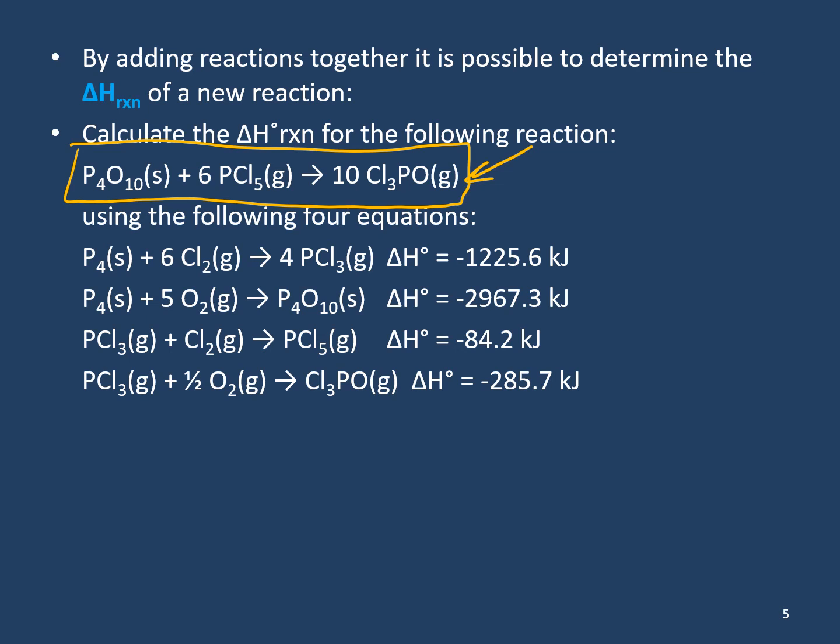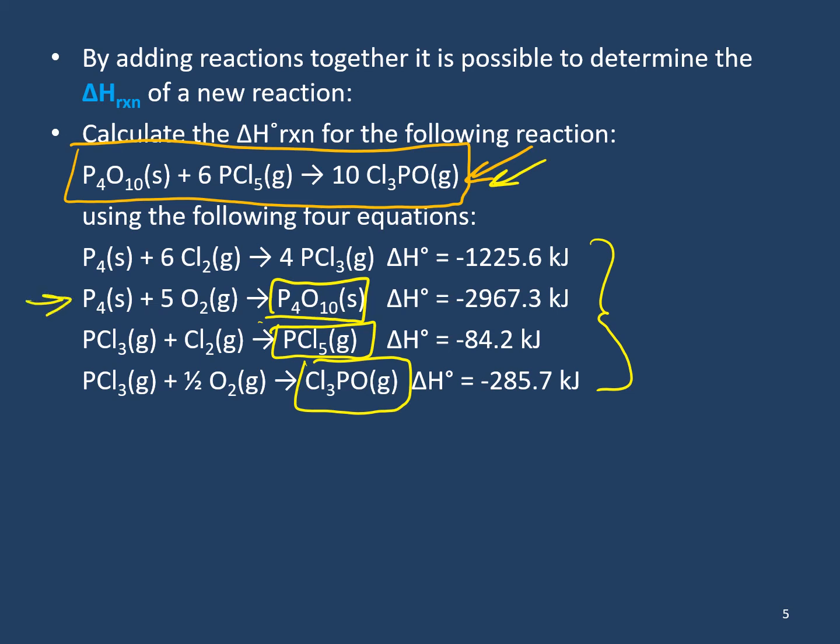So the first thing I'm going to do is try to find a reactant or product in my reaction I'm trying to solve for that's only in one of these four reactions. And I can do that with two substances at least. I noticed that P4O10 is only in the second reaction here. I noticed that Cl3PO is also only in this reaction. And I can also see that PCl5 here is also only in this reaction. So this gives me some guidance to what I need to do. So if we look at this first one,